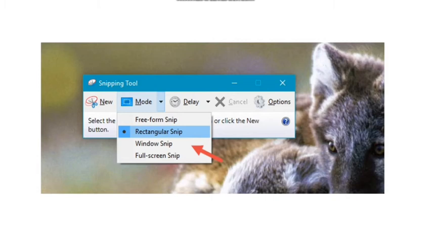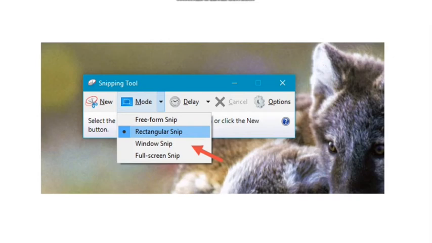If you are using Windows 10, you can choose which one you want to use by clicking or tapping on the mode button. If you are using Windows 7 or Windows 8.1, you can select the one you want after you click on new option. Now here are your options.